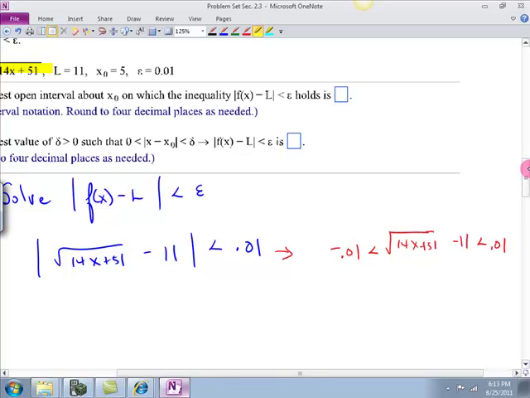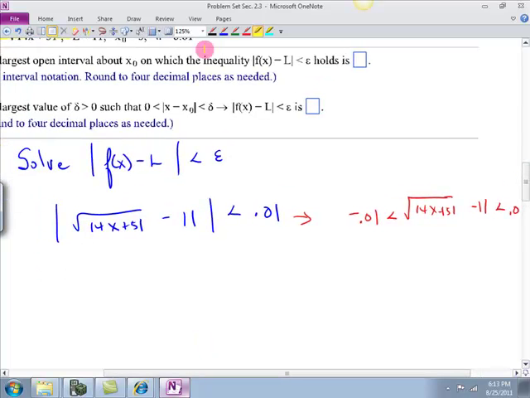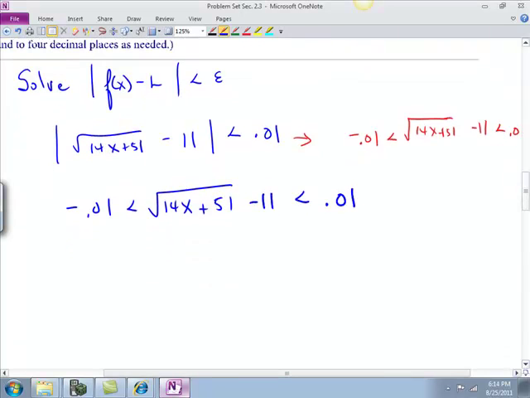Okay, what would you do to solve this first? Okay, so if we add 11,